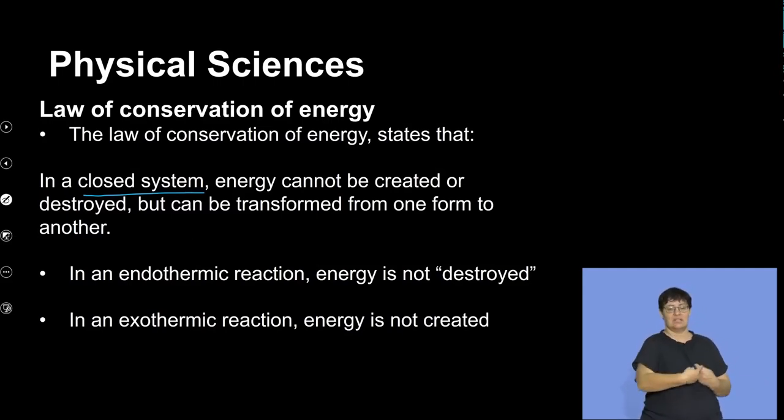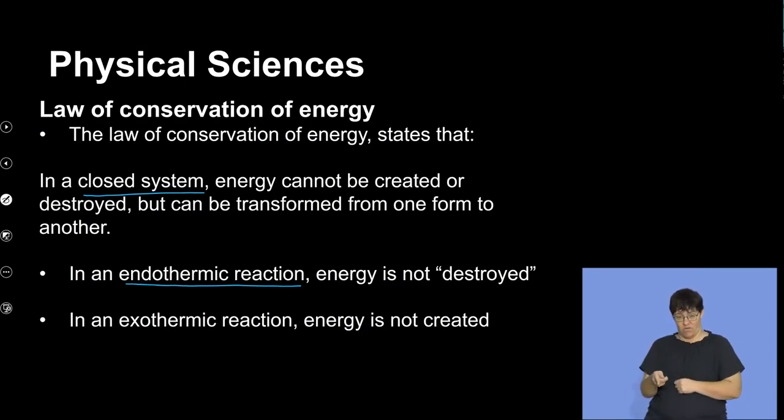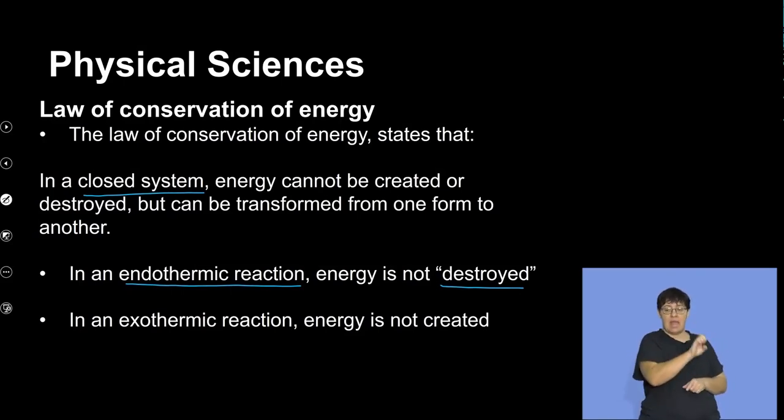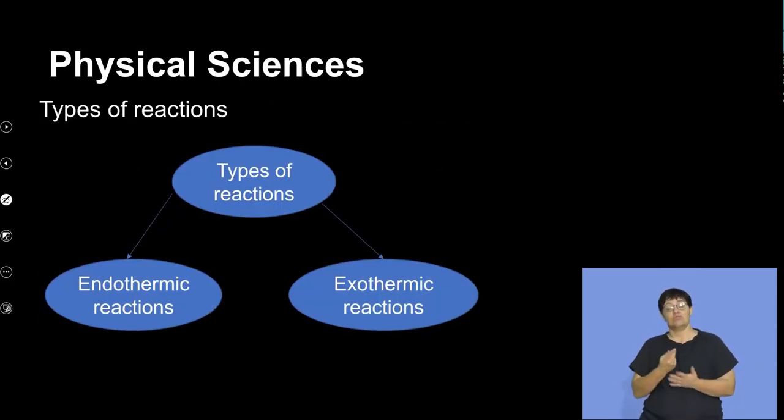So there are two broad categories of types of reaction. We've got an endothermic reaction in which the net energy is absorbed. More energy is absorbed. So energy is not destroyed when bonds are broken in a chemical reaction. And also in an exothermic reaction, which releases energy, we do not create energy, but the keyword is energy conversion or energy transformation. So the two broad types of reaction are endothermic, in which more energy is absorbed,